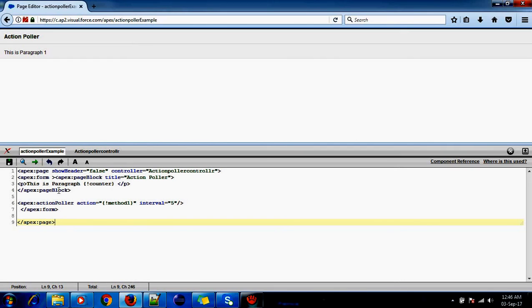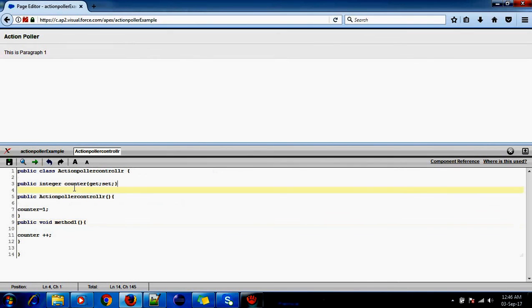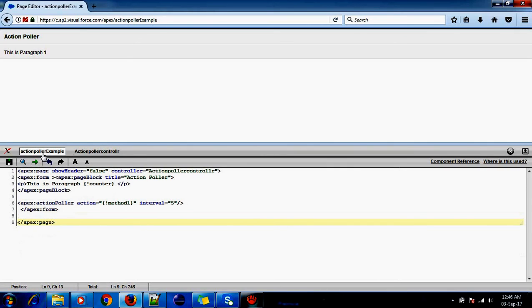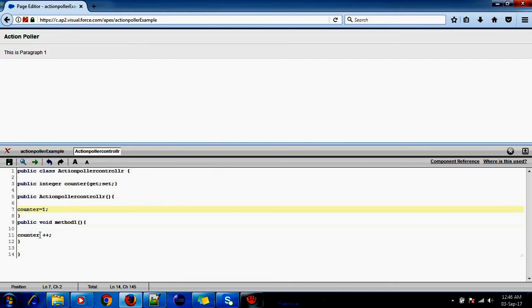Now this is the paragraph counter. Counter is taking the value from the constructor. Now I want it to increment. So at every interval of 5 it will call method 1, and if method 1 gets called, it will increment it here.